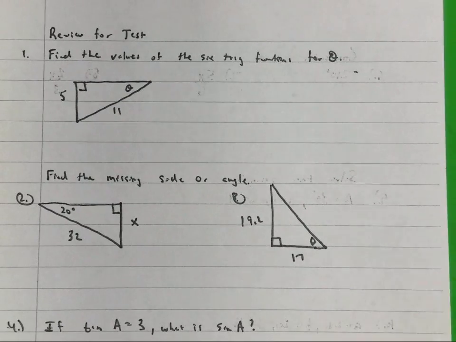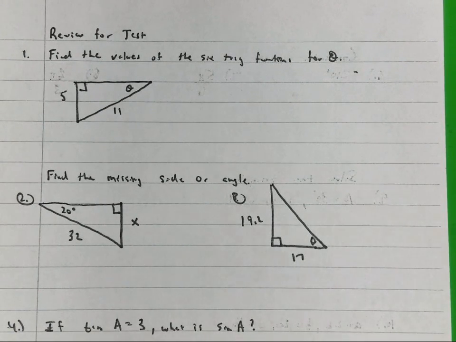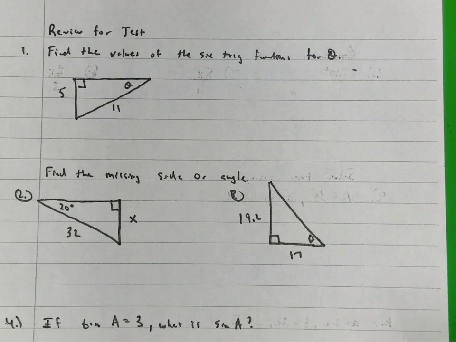Alright, you want to put that away? Now we're going to review for our test tomorrow. You do not have this, just pay attention. These are problems Mr. Hester made up this weekend. We're just going to work through them. Your test tomorrow is 24 questions. The first 11 are not multiple choice, but the rest of them are, okay?